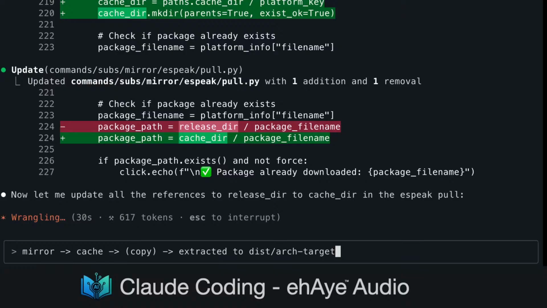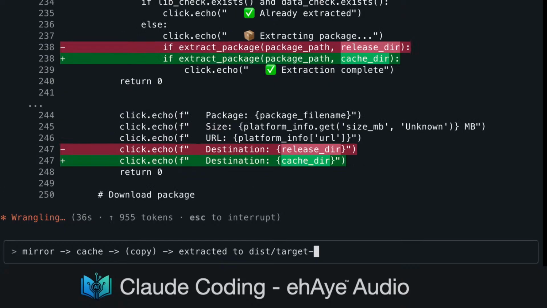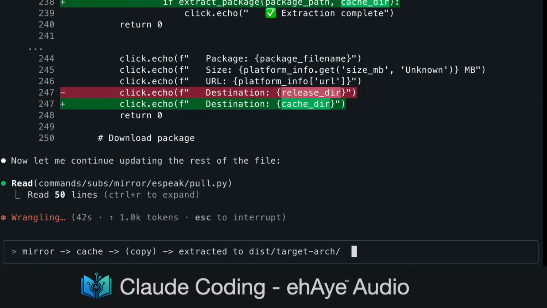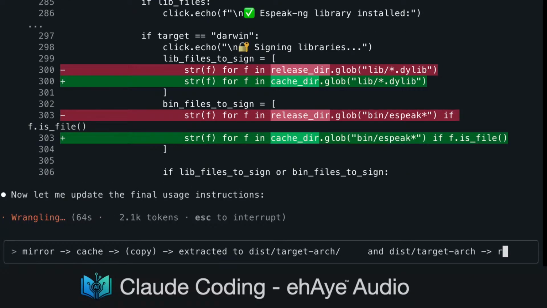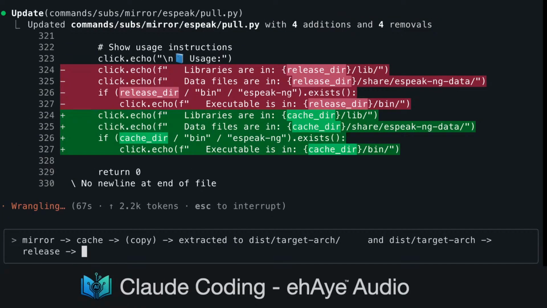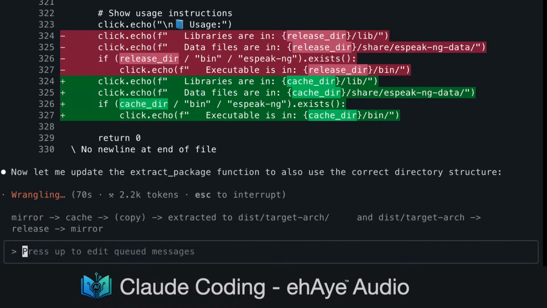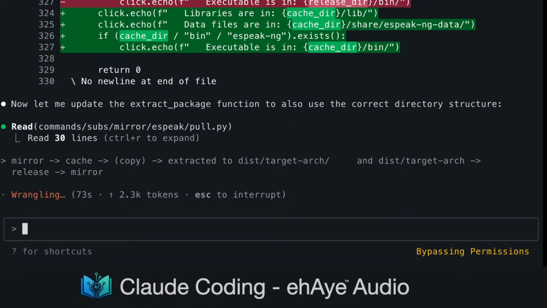Now let me update all the references to release in the SBIC pull. Now let me update the final usage instructions. Now let me update the extract package function to also use the correct directory structure.